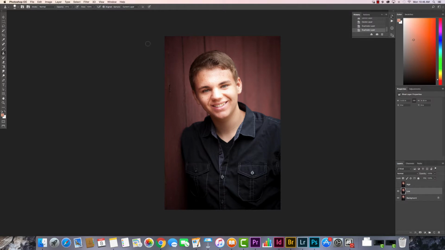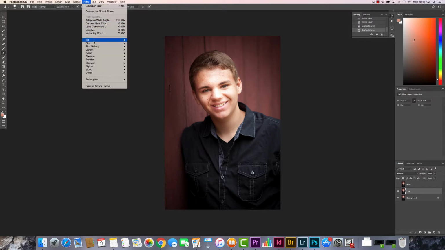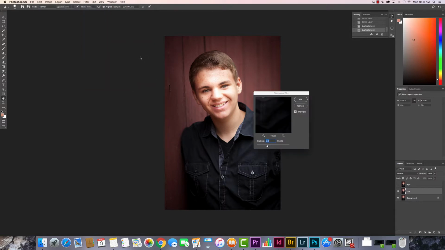And I'm going to apply a blur filter. So we're going to Filter, Blur, Gaussian Blur. I'm going to click on the eyes because that's the most important detail that I want to preserve. I'm going to adjust the radius of this filter just to the point where I can no longer make out the outline. See right there, I can't really see the circle, the iris of the eye. So I'm going to adjust this back just a little bit where I can just make that circle out